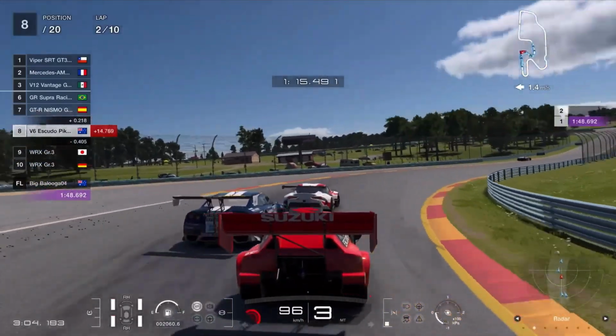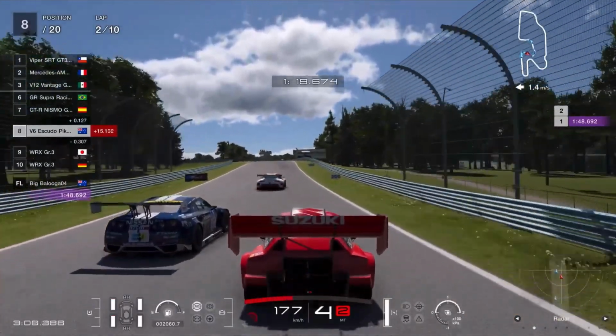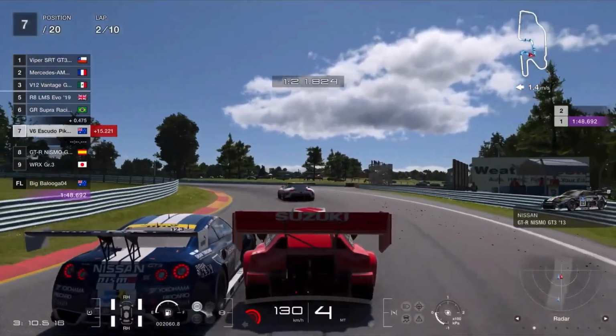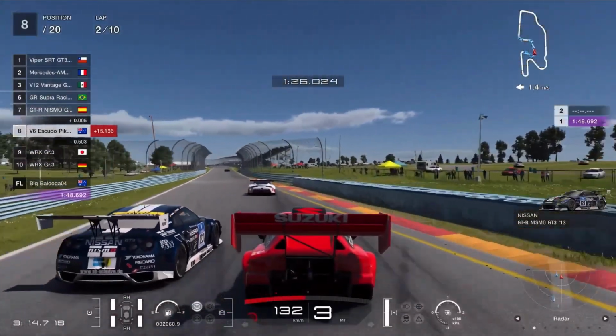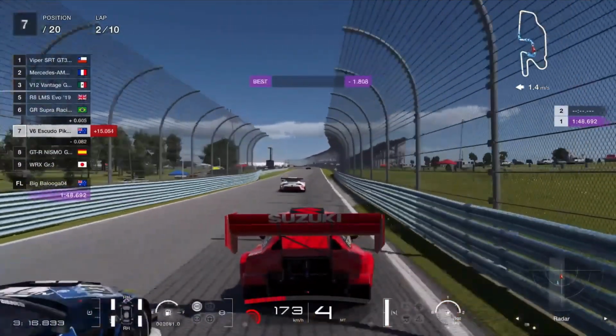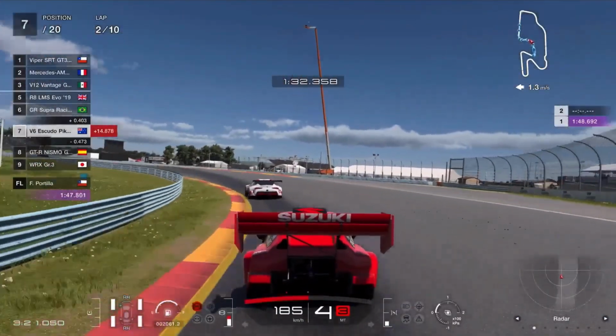Therefore, due to this big wang on the back, it produces a lot more drag, even compared to that GTR next to us, which has also got a pretty sizable wang. But this one, this is the big wang. Oh, we're going through the corner